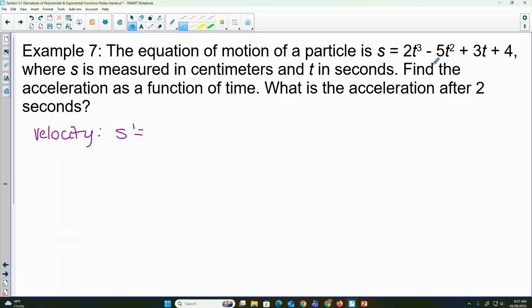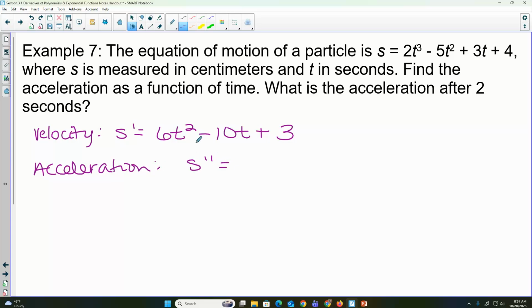So if I do this derivative, the 3 comes down, multiplies with the 2, so we get 6t squared, minus 2 times 5 would be 10t, plus, what's the derivative of 3t? 3, and the derivative of 4 is 0. Are you guys okay with how I got that derivative? I need acceleration. So we need the second derivative. So I do the derivative of my answer. So that would be